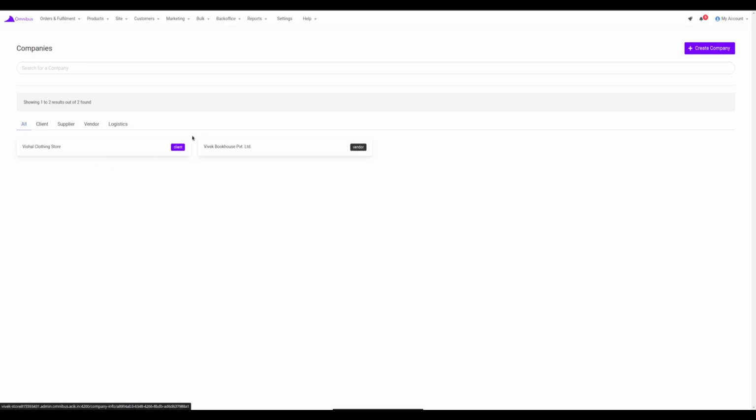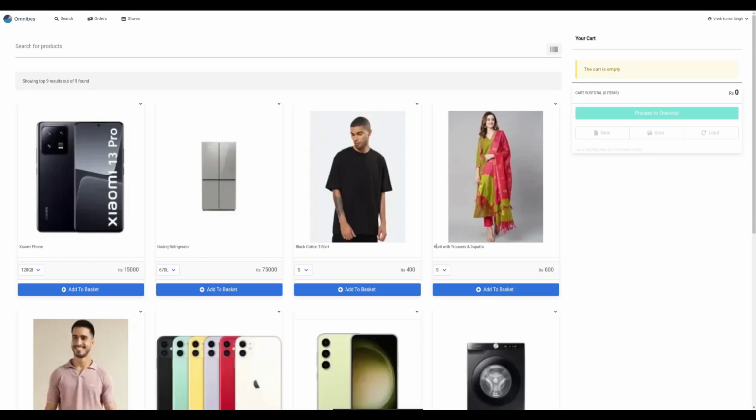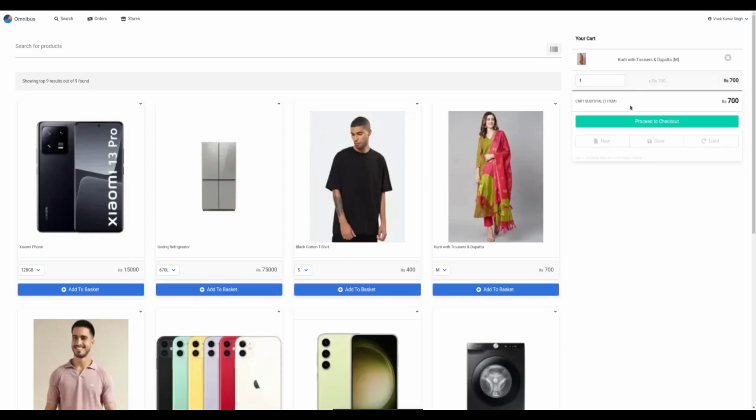Now let's have a look at how we can place the POS order as a B2B order for this particular company. So I'll go ahead and select this kurti with trousers and dupatta of size medium and click on add to basket. Now here, instead of 1, I'll make it 20 and press enter. Now you can see the cost became 14,000. So this is a B2B order. Usually they are in bulk. So I'll go ahead and click on proceed to checkout,